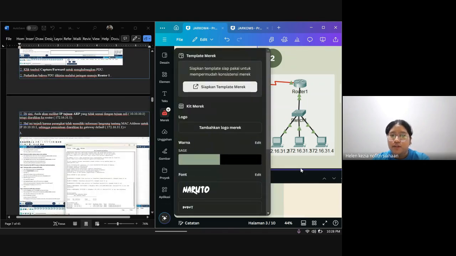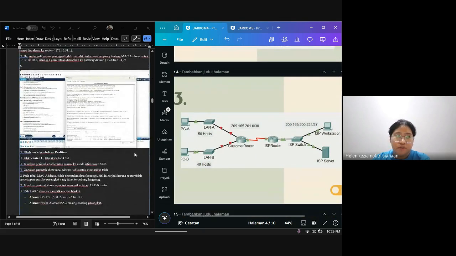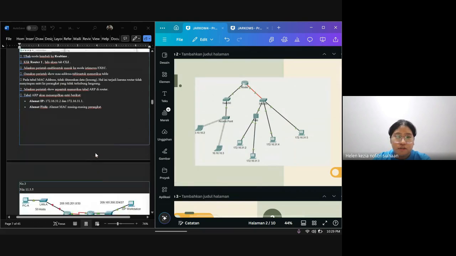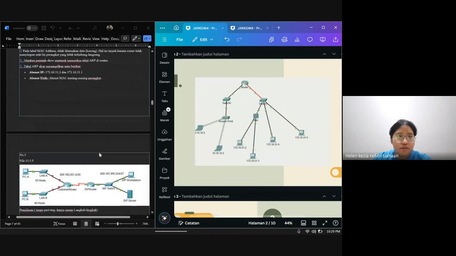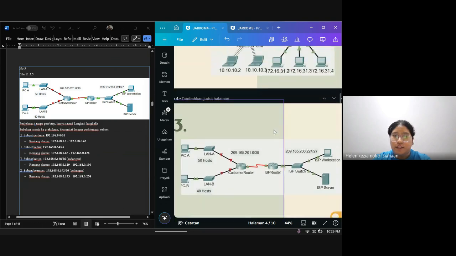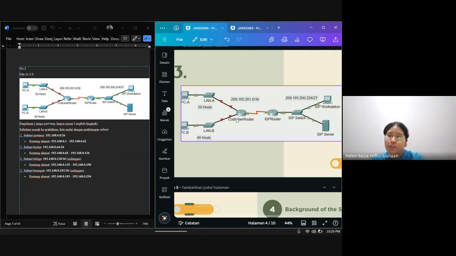Okay, for the third, it was about, sorry, it's still in here. No, it was in here now. Yep. The PC A already doesn't have any configuration with the customer router, and we need to do it right.